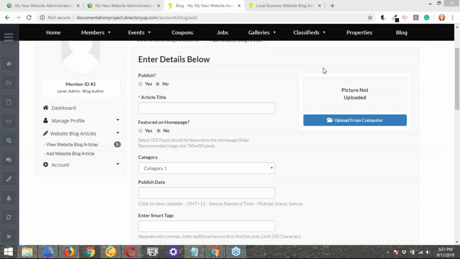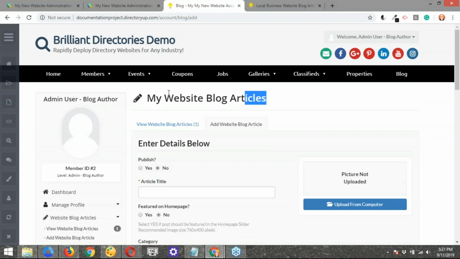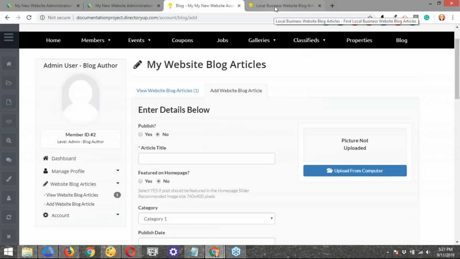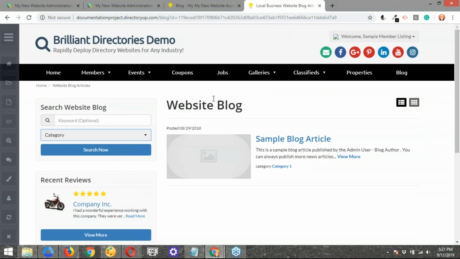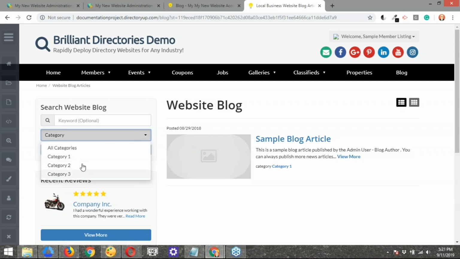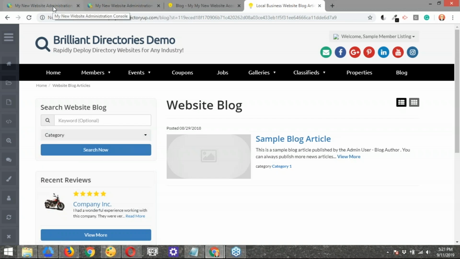You're using the website blog articles post type as the example, but this same logic will apply to the categories for photo albums, coupons, job listings, any one of those post types where you could set categories. Correct, 100%. The process is the same for all the different types of posts, and they all have these categories. These are on the front end of the website, and this is how they show up. So let's go ahead and start modifying this.